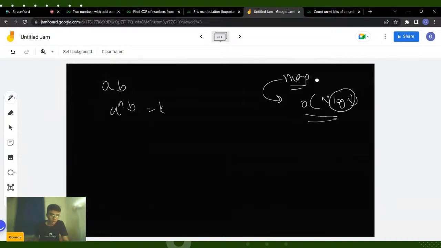But now, if you want to optimize this further to only a linear time complexity, you have to use the concept of bit manipulation. So let's say A and B are the two numbers which are occurring an odd number of times. The first thing that we can do here is write A XOR B is equal to K. But now this is not giving us any valid conclusion. So what can we do? Can anyone briefly describe what should be my next steps so that I can solve this problem?